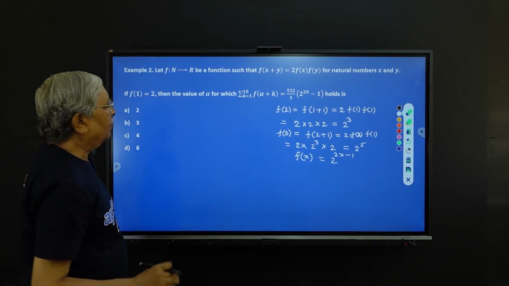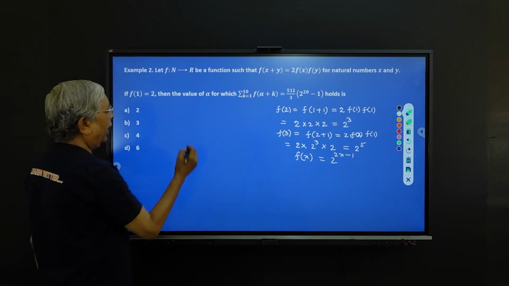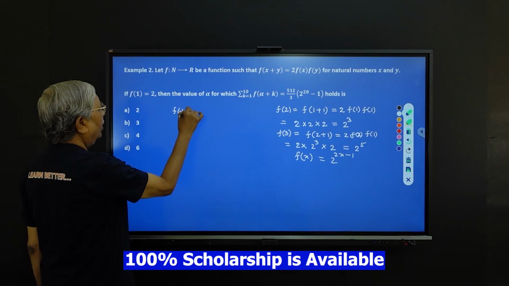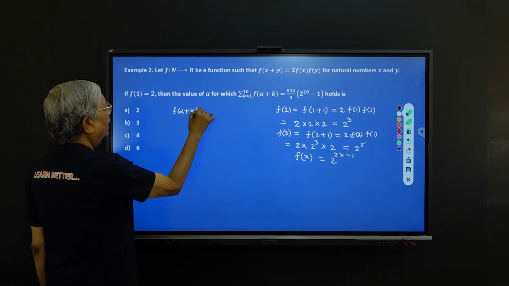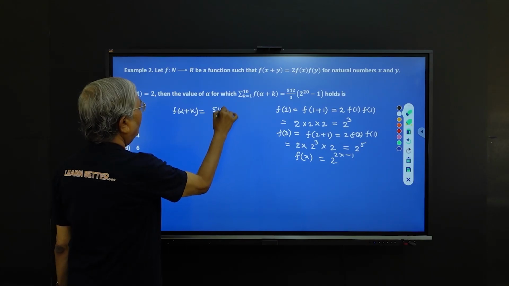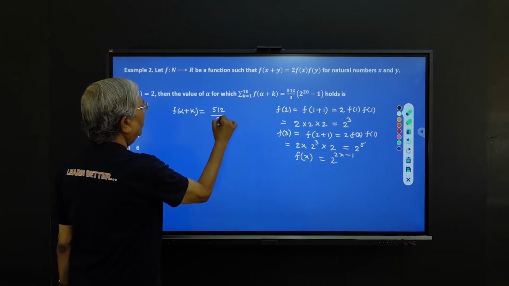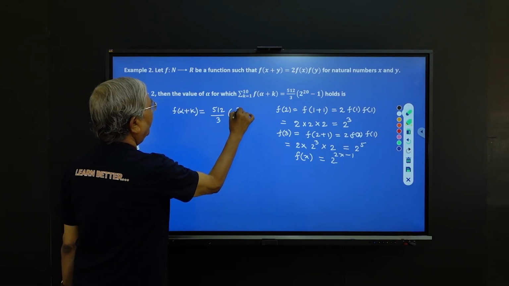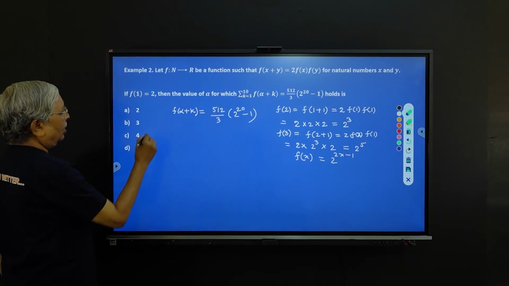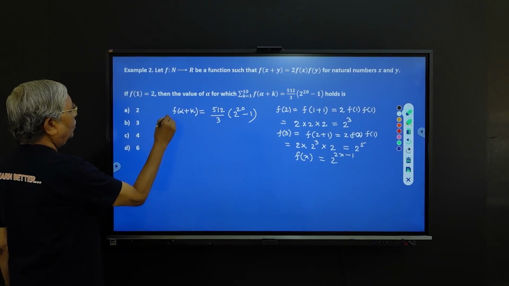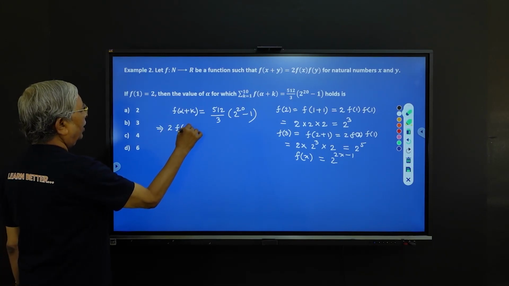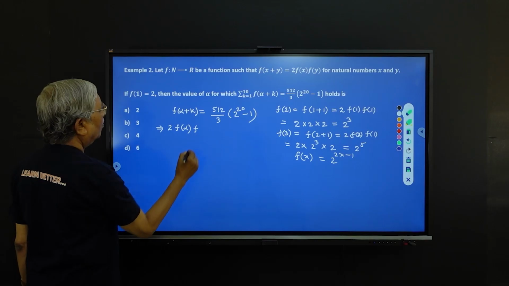This is our f(x). Now what is given? f(α + k) is equal to 2 f(α) f(k). You are given that this is equal to 512 by 3 into (2 to the power 20 minus 1). Apply the given relation. This implies 2 into f(α) into f(k),